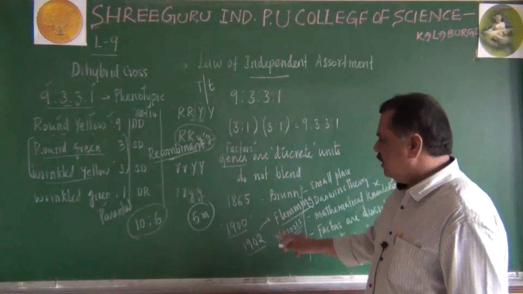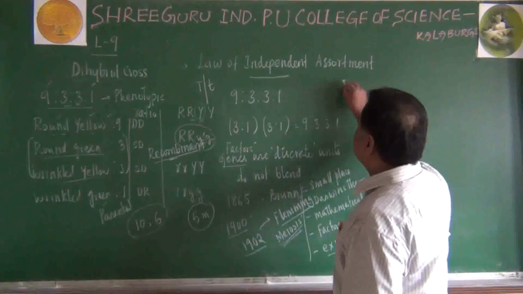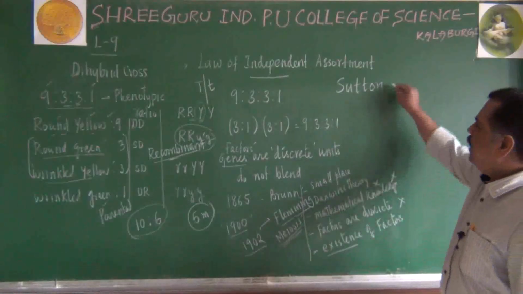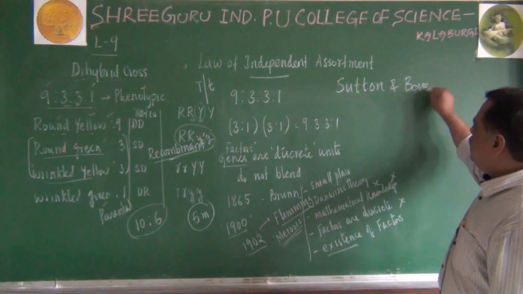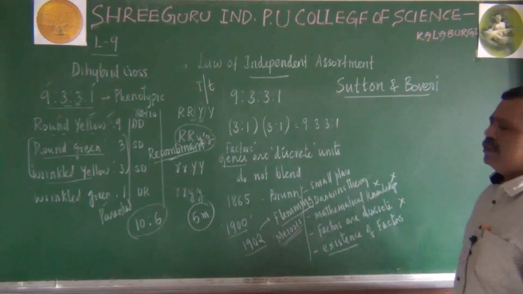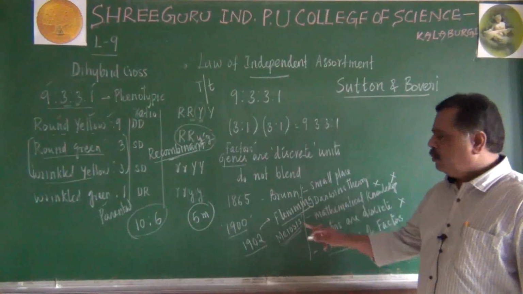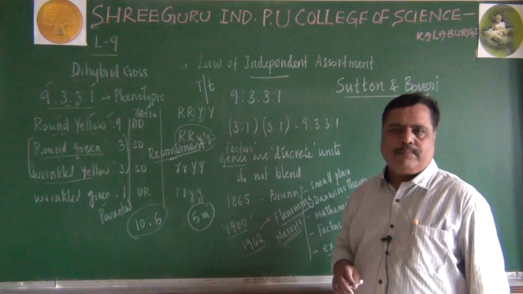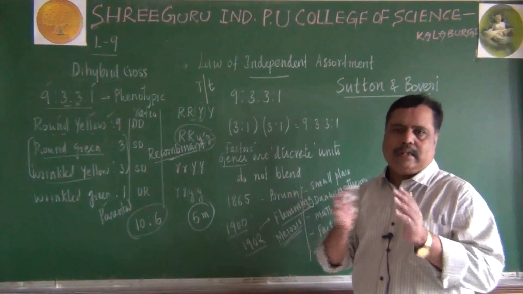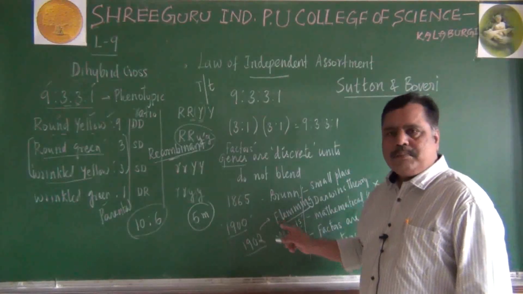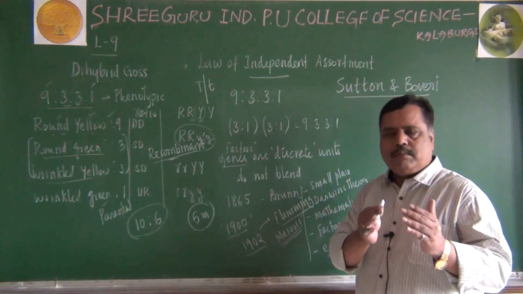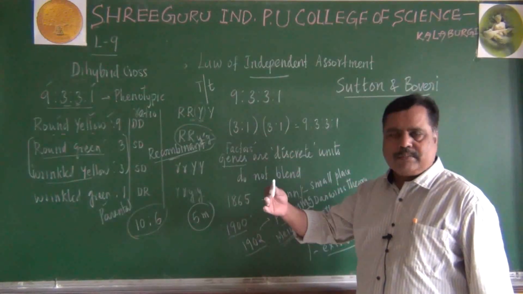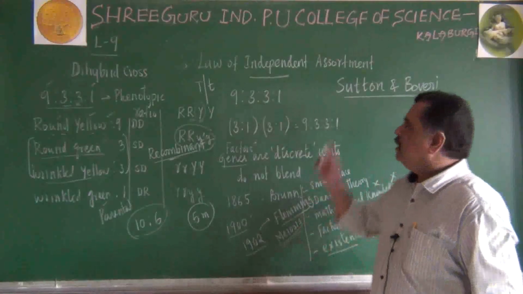By 1902, two more very important scientists, namely Sutton and Boveri, also studied more about cell biology. They too developed interest with reference to Mendelian principle. Then they correlated both the ideas. The behavior of the cell during meiosis and the behavior of factors during inheritance, they believed, have some relation.